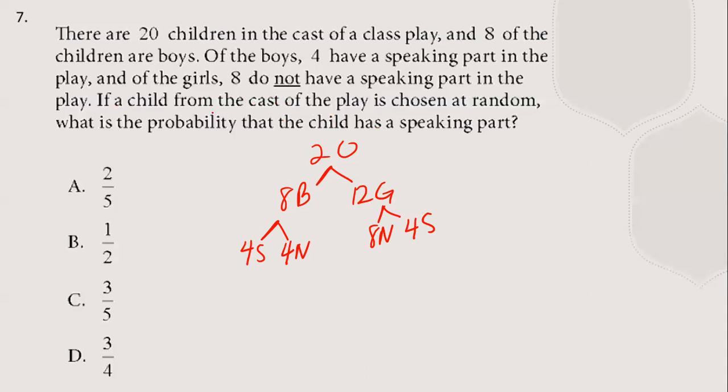So it says, if a child from the cast of the play is chosen at random, what is the probability that the child has a speaking part? So we're looking for the kids that all have speaking parts. So we have 4 here and 4 here. So our probability, remember, it's your total out of what you have. So we have 8 out of 20 that have speaking parts, okay? This is not a simplified fraction, so we can reduce them by dividing both by 4. 8 divided by 4 is going to give us 2. 20 divided by 4 gives us 5. So the chance that we will choose a child with a speaking part is 2 out of 5, which is